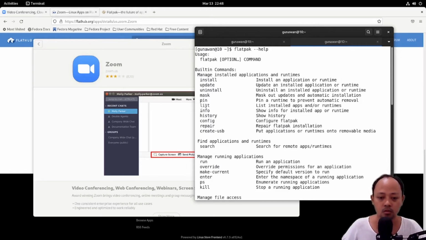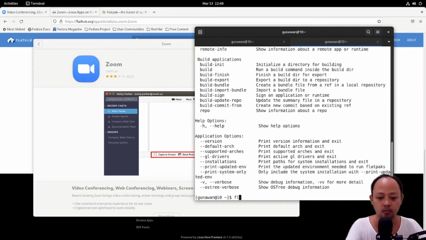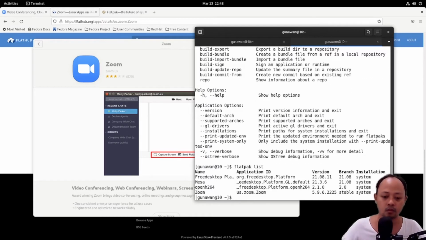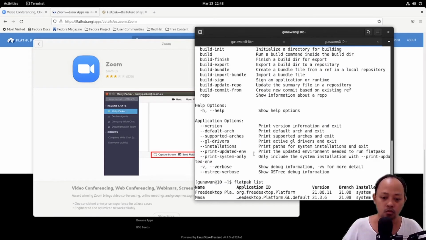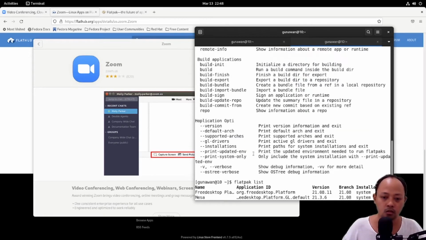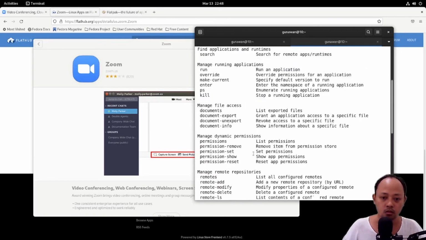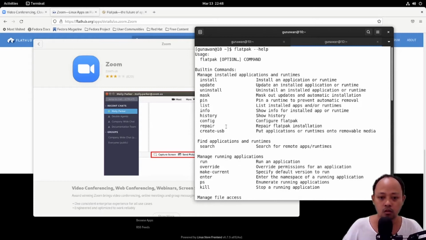So we will execute this, flatpak list. You can see that Zoom is installed, and if you want to uninstall it, you can use the flatpak uninstall.